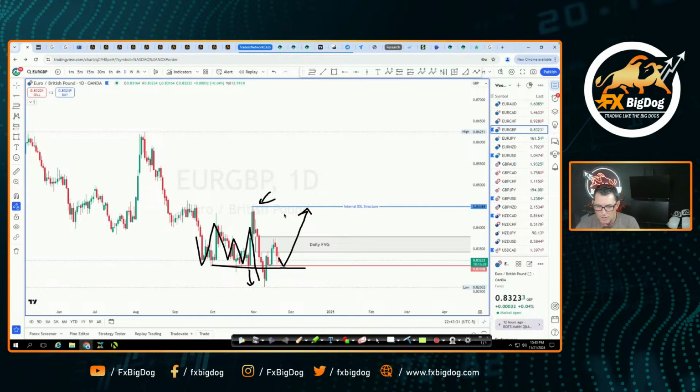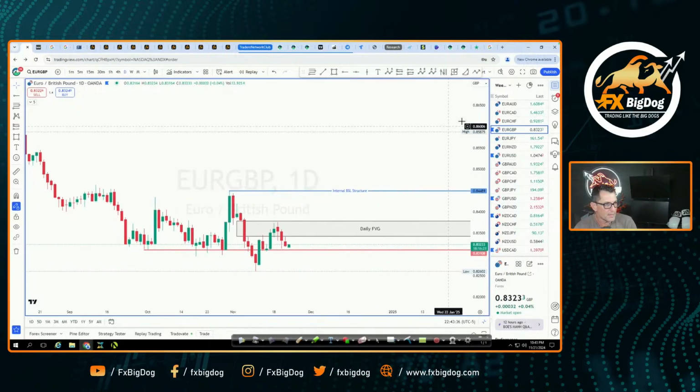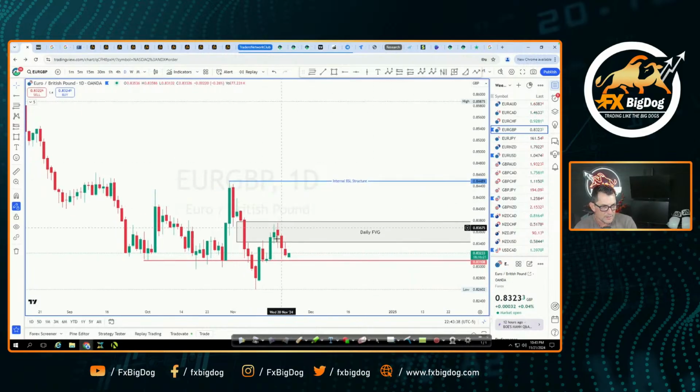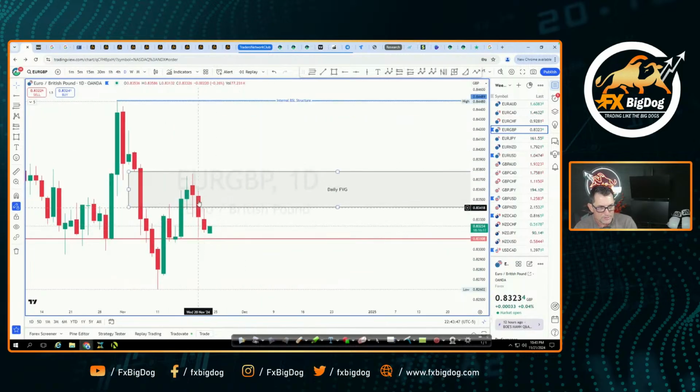All right. And so because of that, let's zoom in a little bit closer here. If you take a look over here, what do we see? We see price respect this fair value gap. But look at this daily candle. These are daily candles right here. See this daily candle? It basically doesn't close below that low. So it's starting to run out because the buyers are starting to come in here. So it doesn't break below there. We have a breaker block sitting over here. This area is in the breaker block, so this is key support.